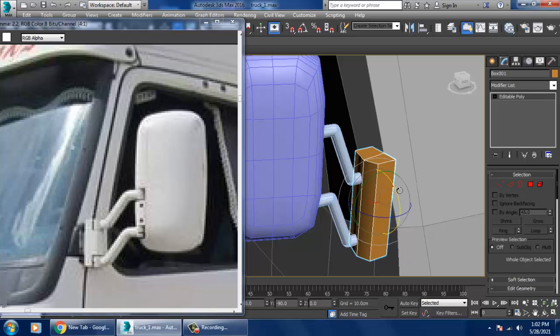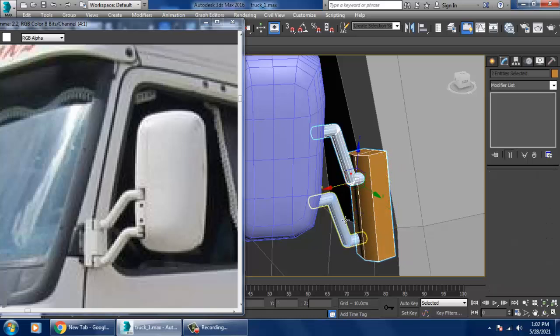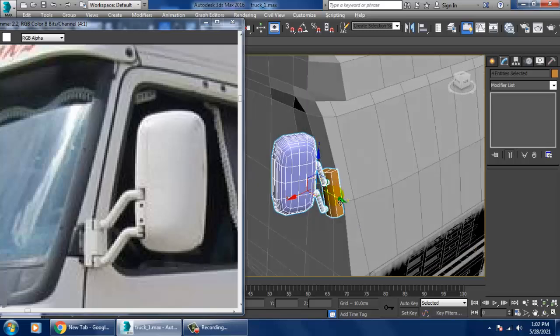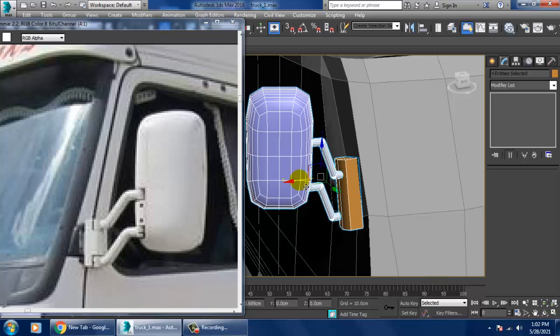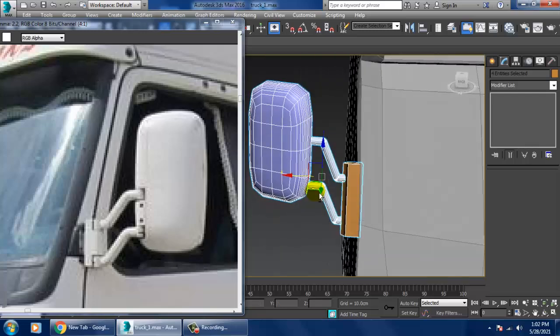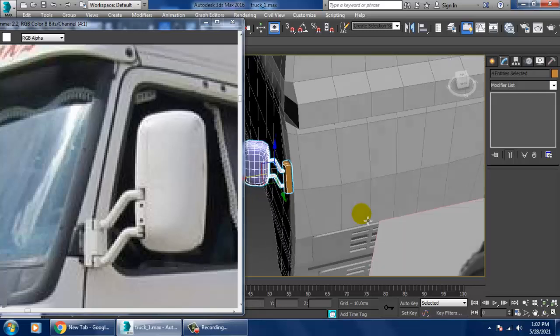If you want, I can slightly rotate that, push it a bit inside, scale this, and mirror that on the other side.